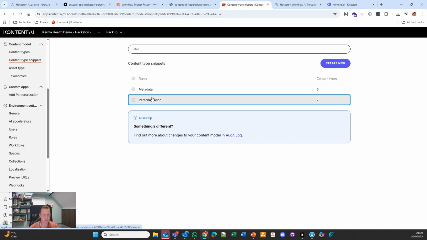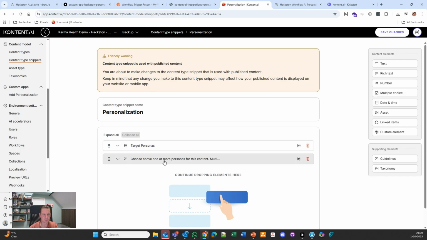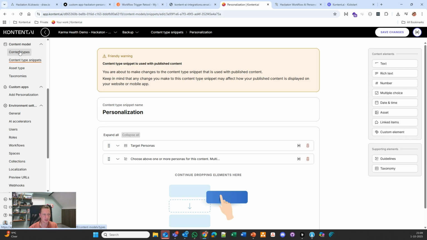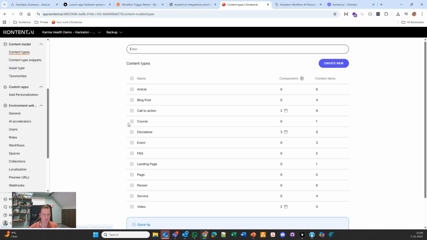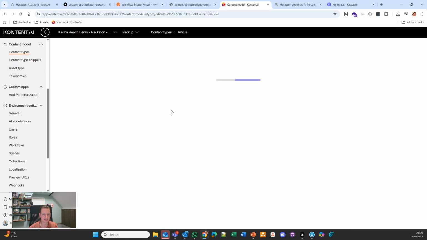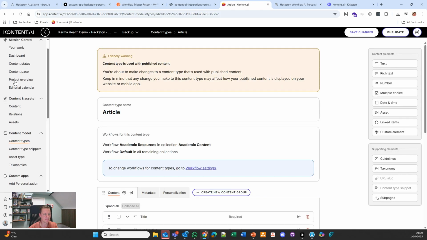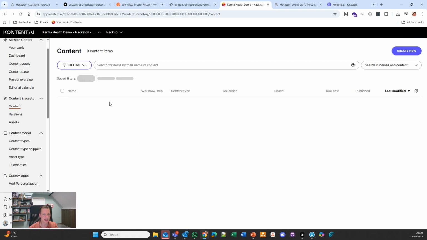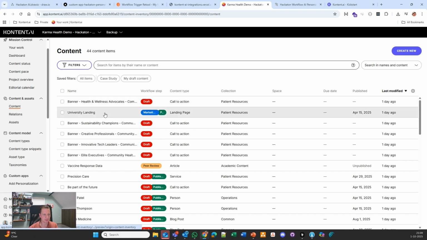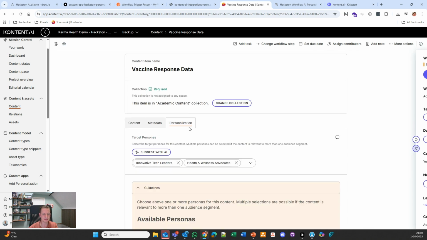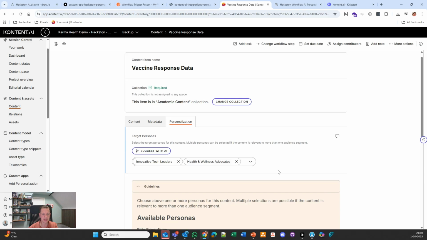I also added a guideline to the personalization, so it will show you what the personas are, and it has been added to the content types. I also asked it to add everything to a content group, so it's nicely divided. So when I go to the content itself and open, for example, an article, and I go to the personalization, you see it has automatically tagged it with 2 personas, and here there's the